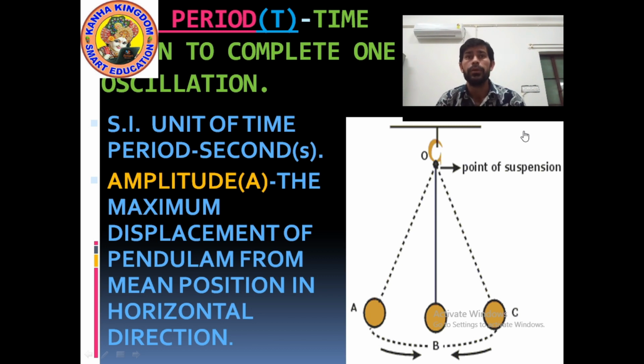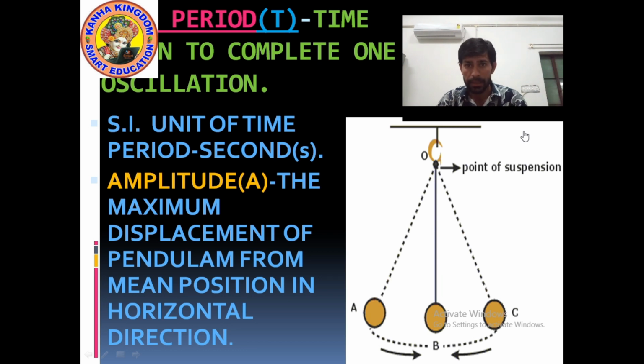Okay. So what is amplitude? The maximum displacement of the pendulum from its mean position in horizontal direction. The maximum displacement of pendulum from mean position in horizontal direction is known as amplitude, and amplitude is denoted by